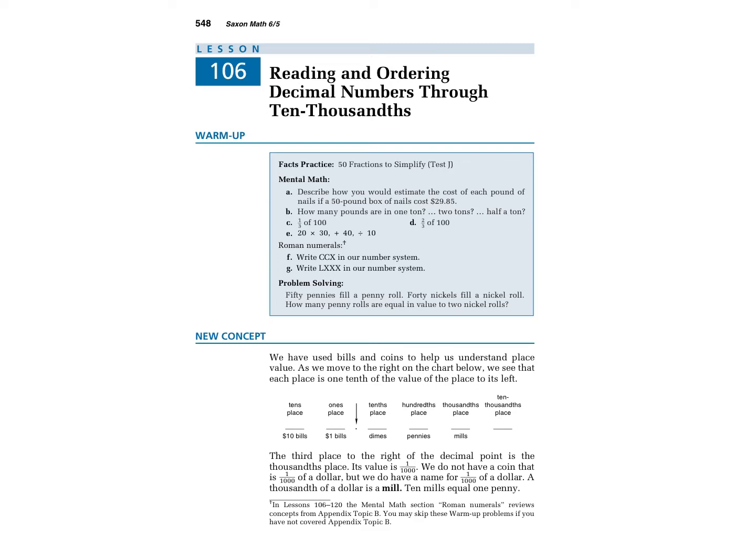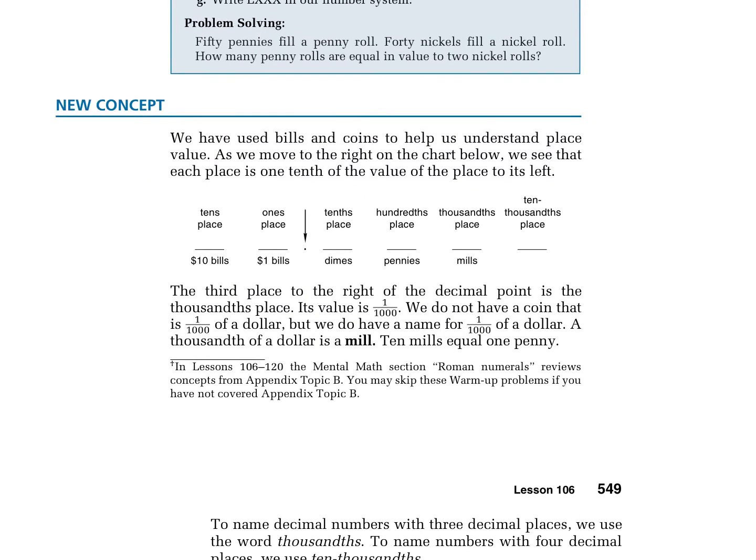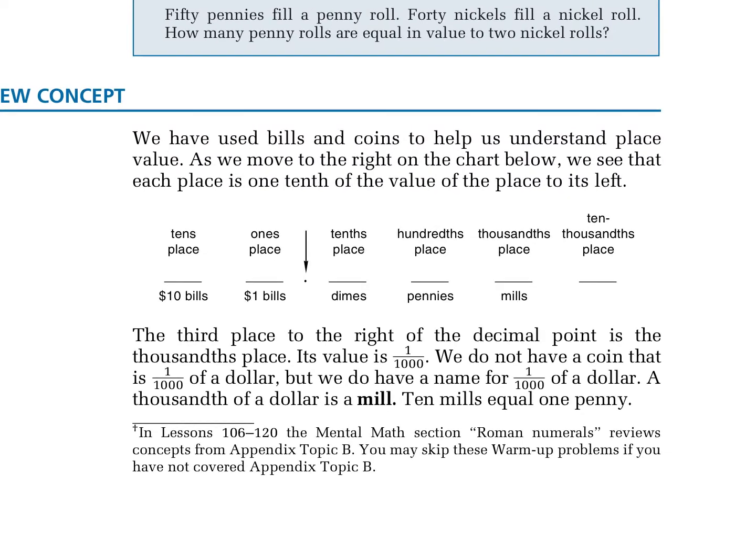Hey boys and girls, we are on lesson 106, reading and ordering decimal numbers through 10 thousandths. So here's our place value chart. And we've been talking about money, and with money, we only go to 2 decimal places. So we go to the hundredths place, but there are more than that. So what we're going to talk about today is the thousandths place,